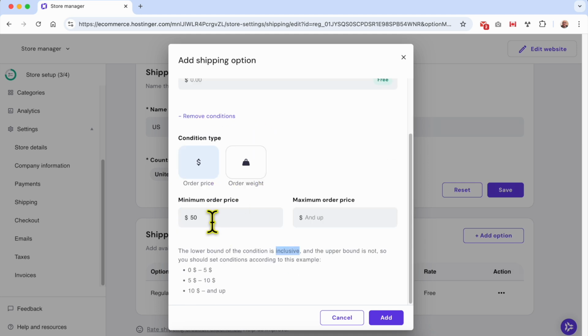And the upper bound is not. For example, if I fill in here $100 and an order value is exactly $100, it will not match this free shipping condition. I hope this was clear for you. So you should set conditions according to this example. For example, you can create a shipping option for 0 to 5, then a separate option for 5 to 10, and so on. Click on add,